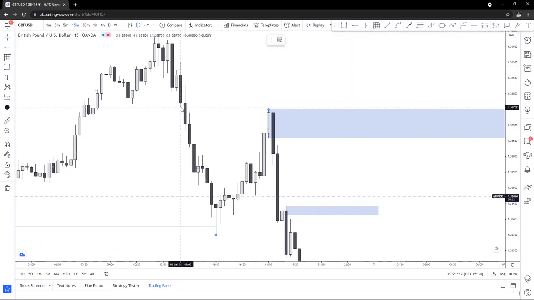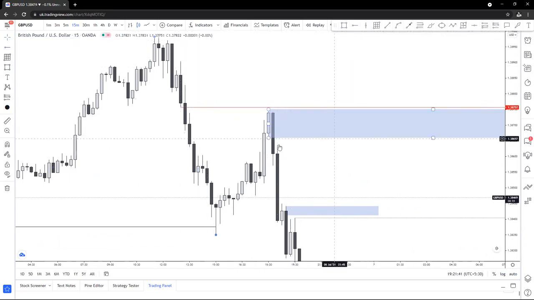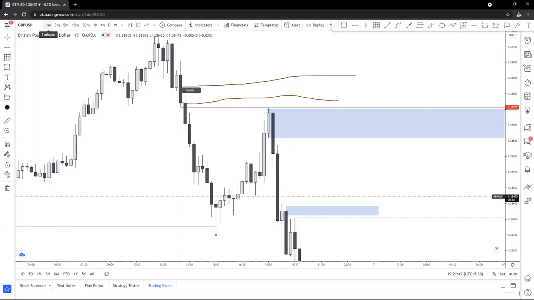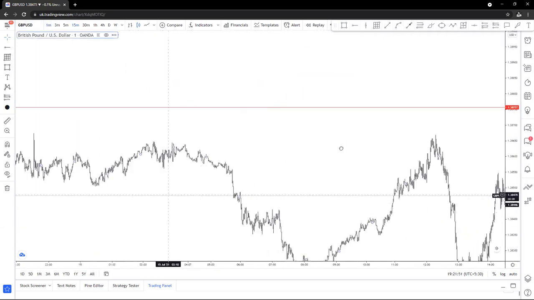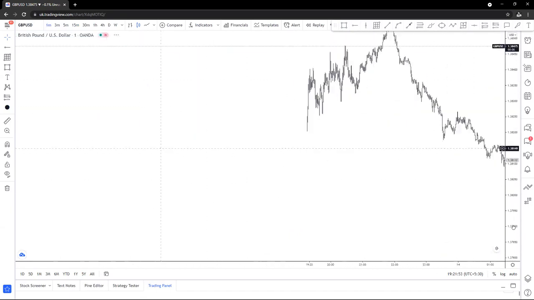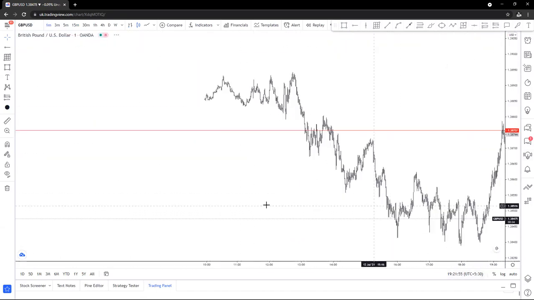So now, when the other people do this, what I do is I'll use this POI. So we can go to the 1 minute and refine it. Okay? Now let's go to a 1 minute and then